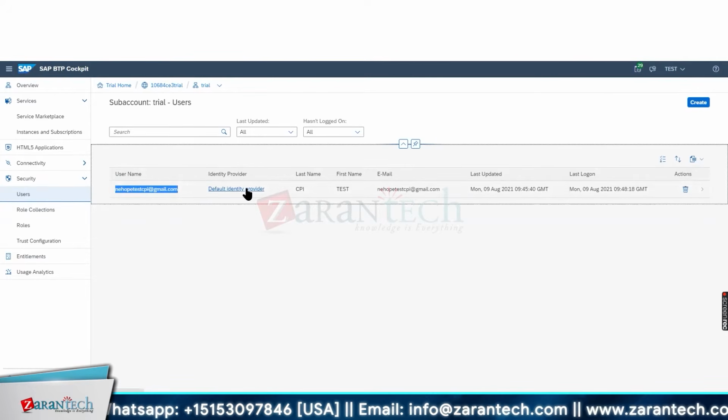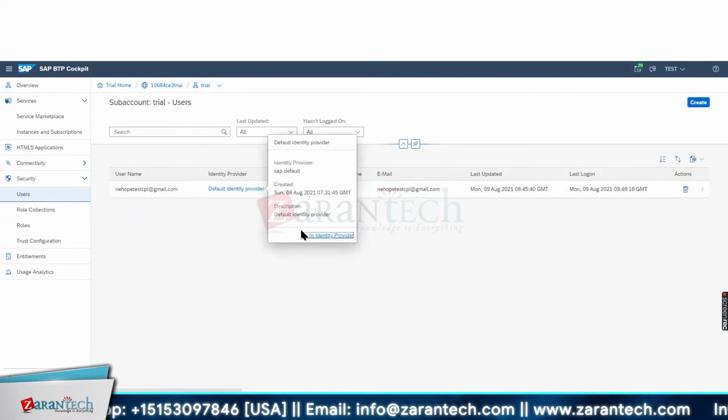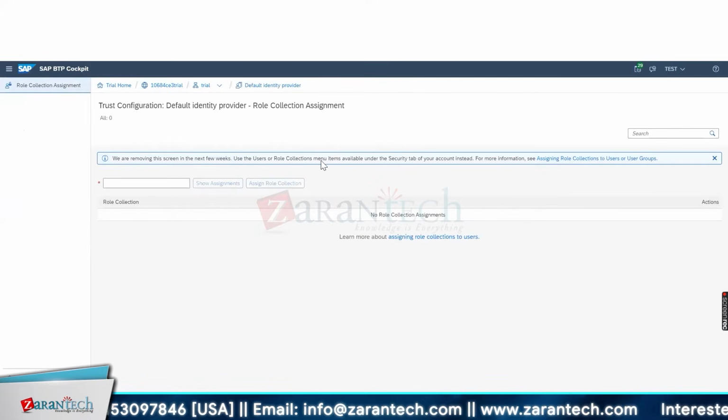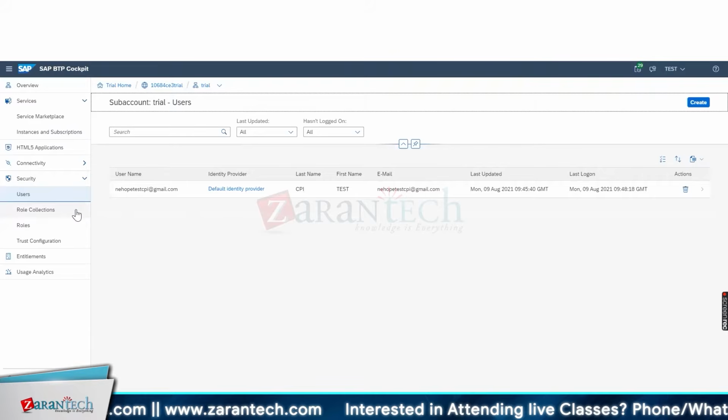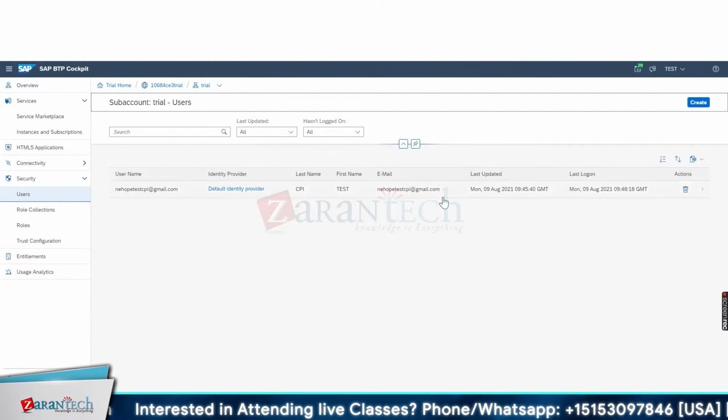And once the user exists, then it will go to roles and check whether this user has all the roles or not. If he has all the roles, like the edit role and everything, then it will allow the further process. This is the important one, role collections and users, because whenever you work on a CPI project, you are in development or